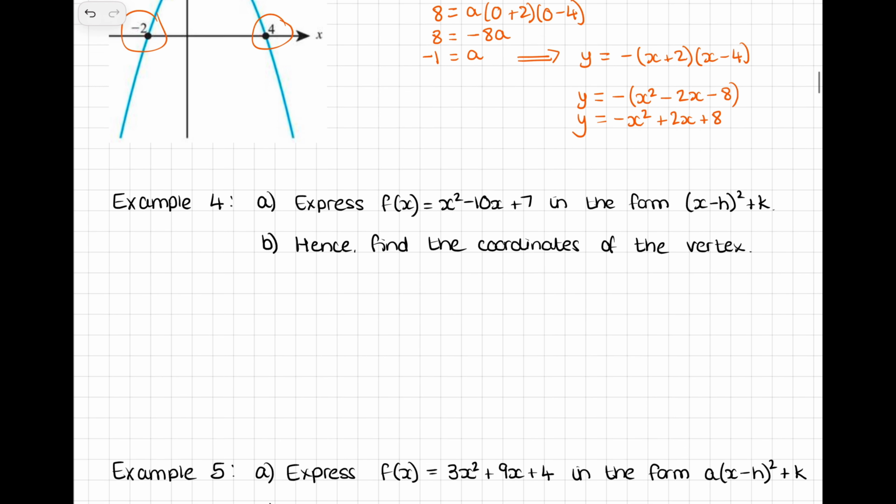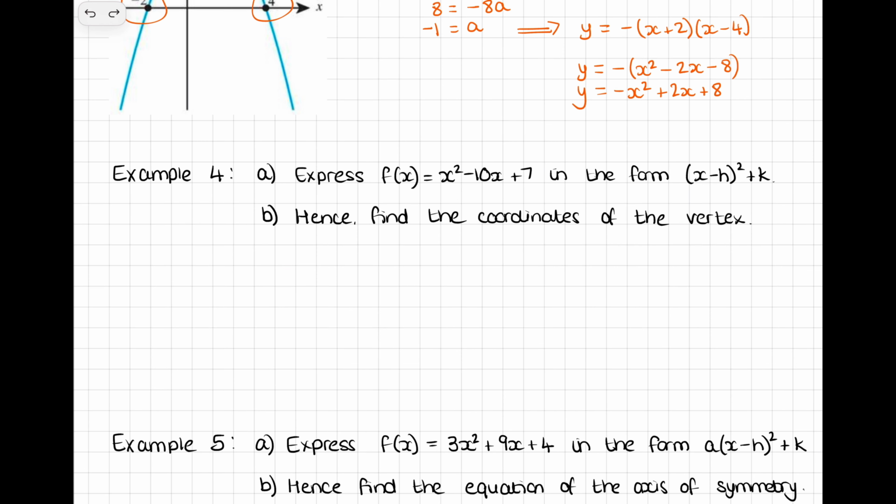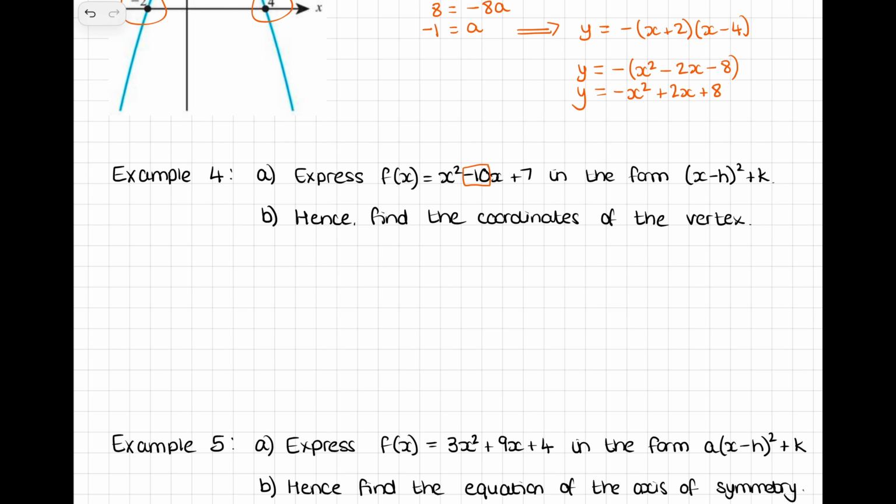Example 4, express the function x squared minus 10x plus 7 in the form (x minus h) all squared plus k, and then find the coordinates of the vertex. Now to put it into the vertex form, we actually need to complete the square. So we have to draw on our knowledge of completing the square and use that to solve this. Now when we complete the square, the b value, which is the value attached to the x, remember we need to halve that and then square it,